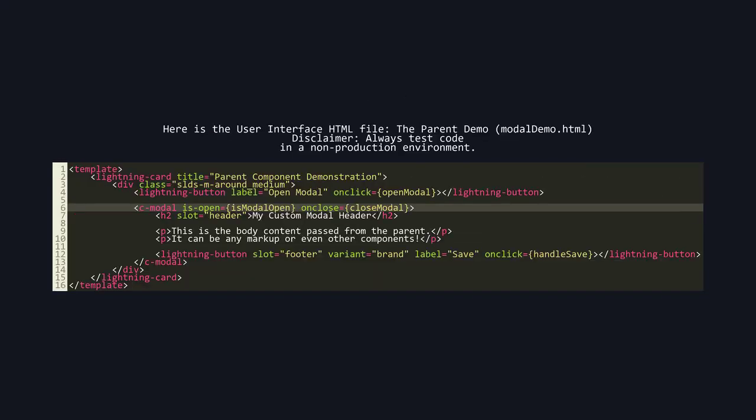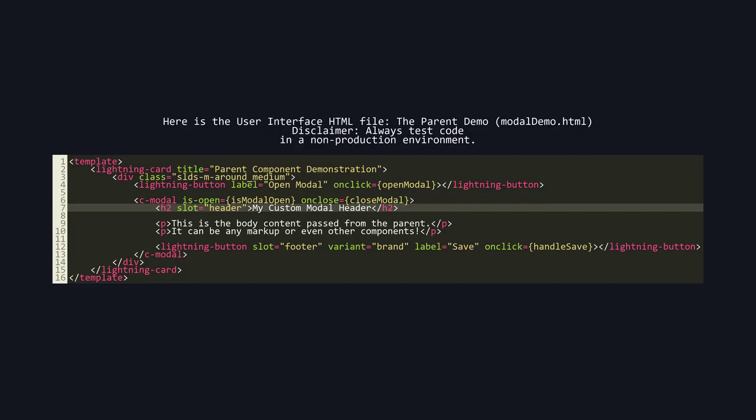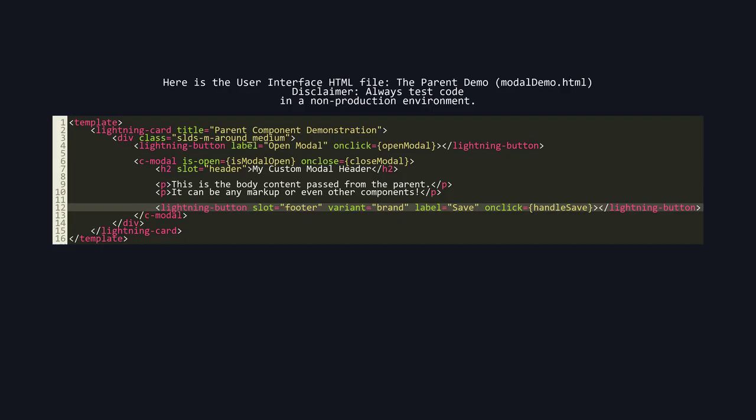Here is the user interface HTML file, the parent demo, modalDemo.html. Disclaimer: always test code in a non-production environment. We include our modal component, passing down the isModalOpen state property and listening for the close event with the onclose handler. This h2 tag has a slot attribute. This tells the LWC framework to render this markup inside the child's slot name equals header placeholder. Similarly, we inject a custom save button into the footer slot,